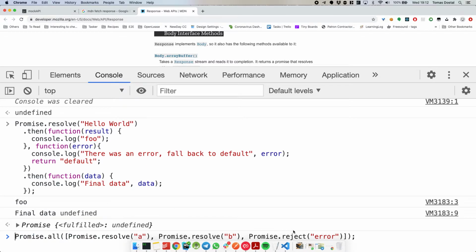So you see, Promise has .all, so you can add as many promises as you want, and when you execute it, you do then as you normally would, and you will not get here until all of these are done, right? You cannot do that with async await.